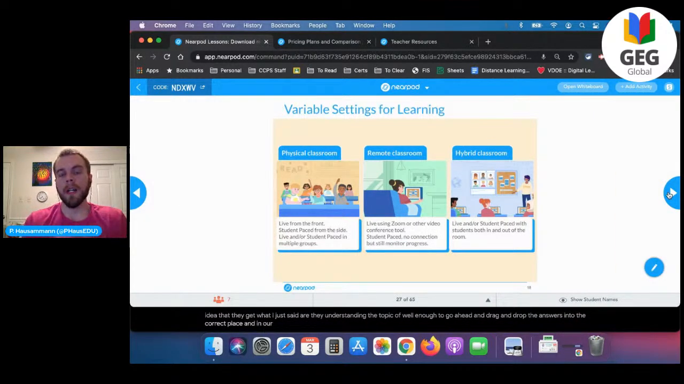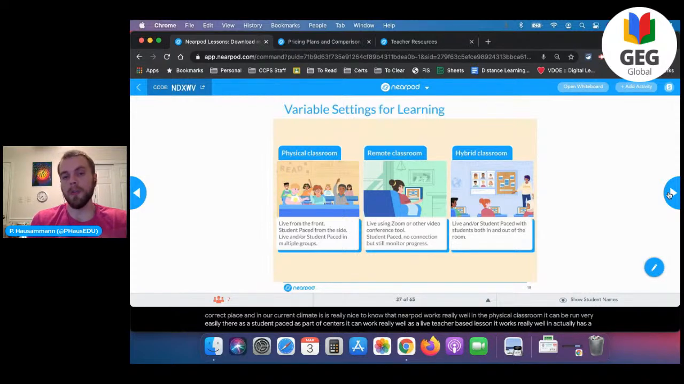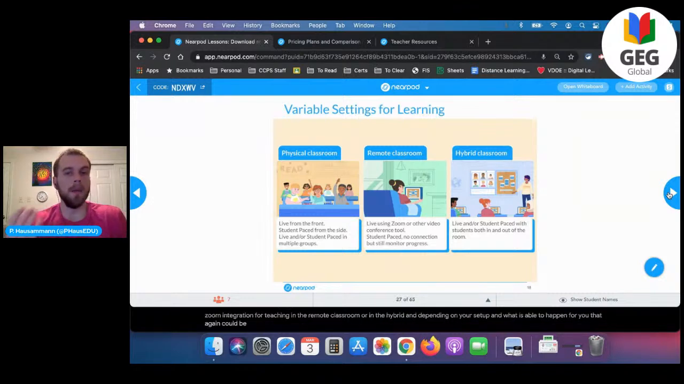And in our current climate, it is really nice to know that Nearpod works really well in the physical classroom. It can be run very easily there as student-paced, as part of centers. It can work really well as a live teacher-based lesson. It also has a Zoom integration for teaching in the remote classroom or in the hybrid. And depending on your setup and what is able to happen for you, that again could be live or student